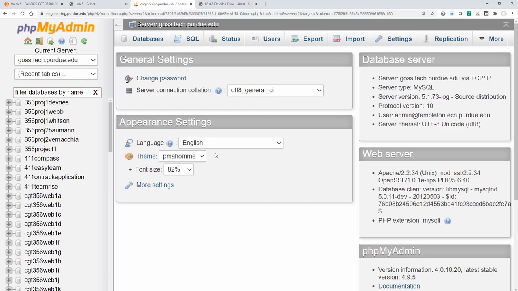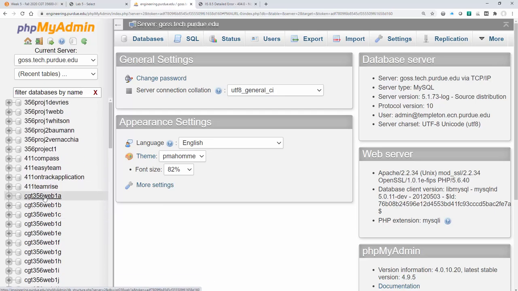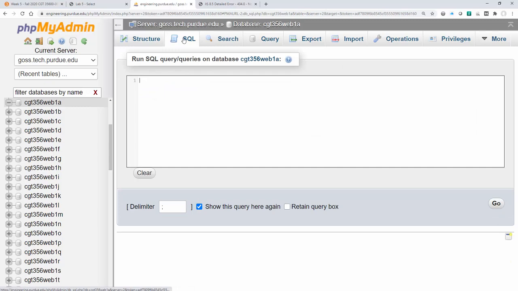When you log in, it'll look something like this, and you will need to go to your particular database. I see all of them here. You won't see all of them. Your database is named the same as your login. So you need to choose your database, and then you should see your database listed up here that you've chosen. And then you go to the SQL tab, and you need to paste in